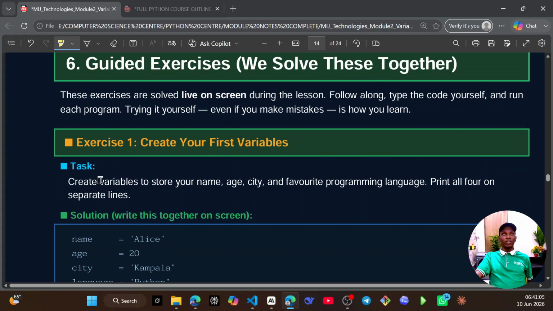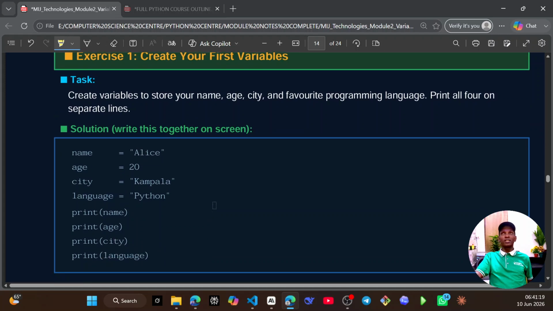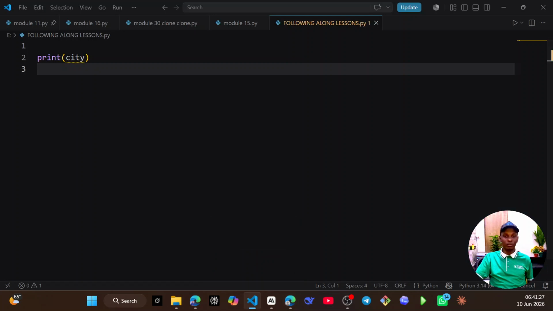We are told to create variables to store your name, age, city, and favorite programming language, and to print all four on separate lines. Let's try to undergo this exercise and see how to go about it. So the instruction tells us that